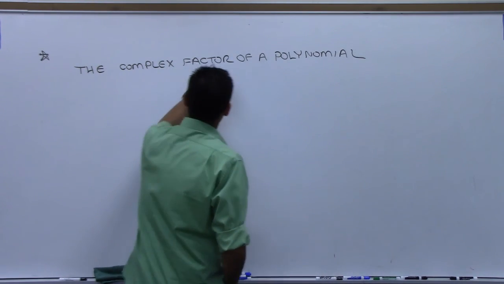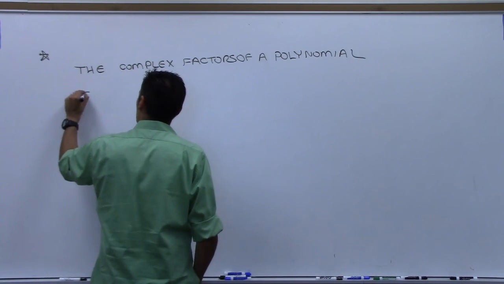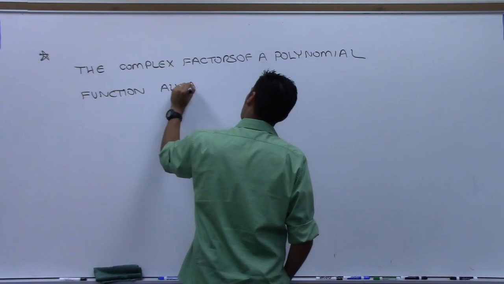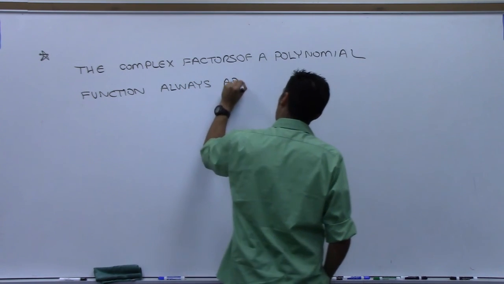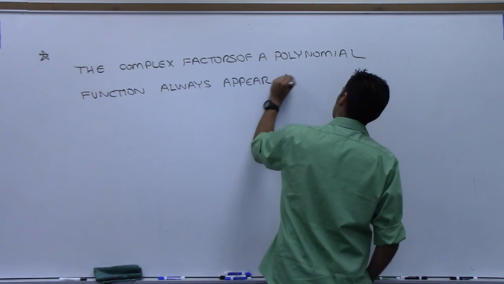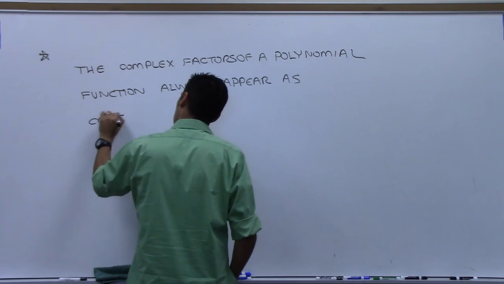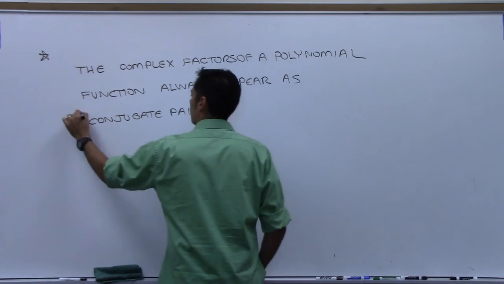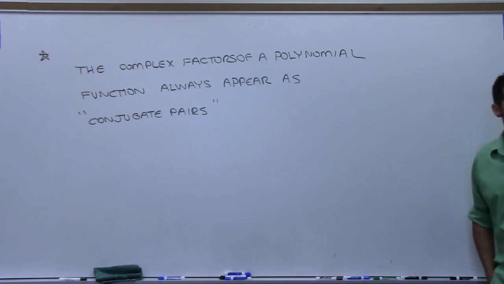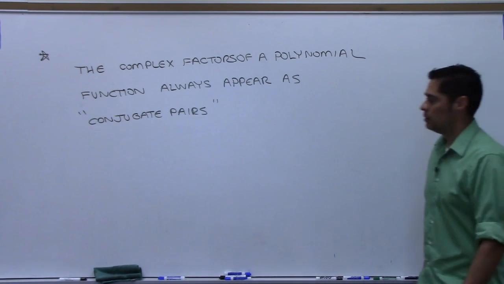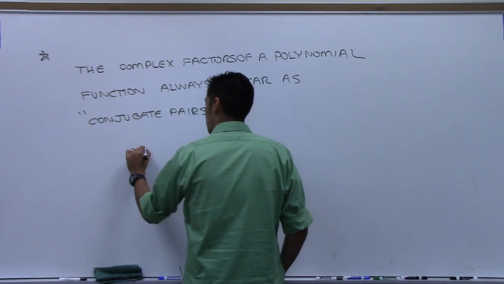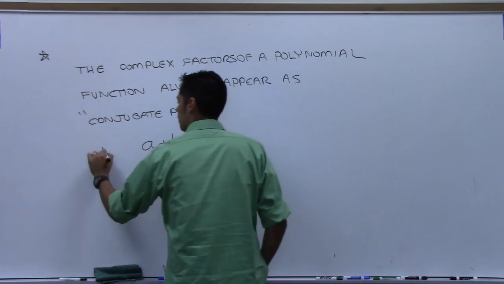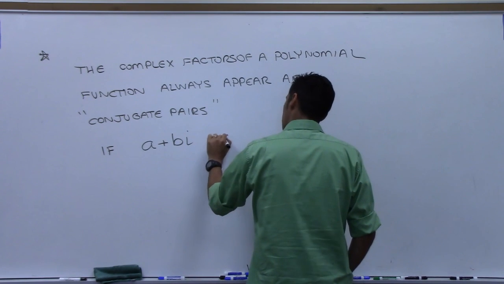The complex factors of a polynomial function always appear as what we call conjugate pairs. So here's what we mean by this. If a plus bi is a